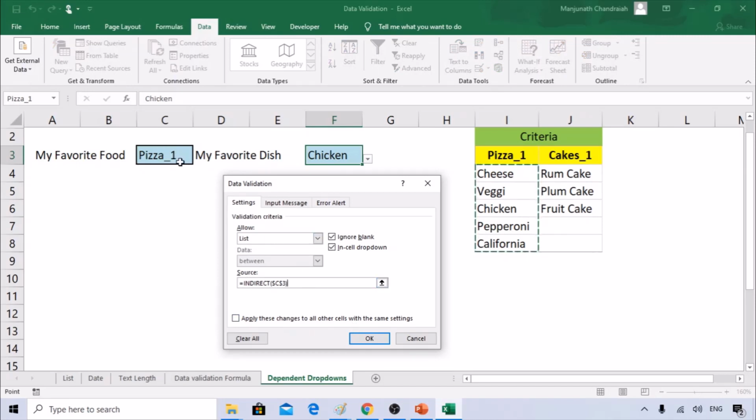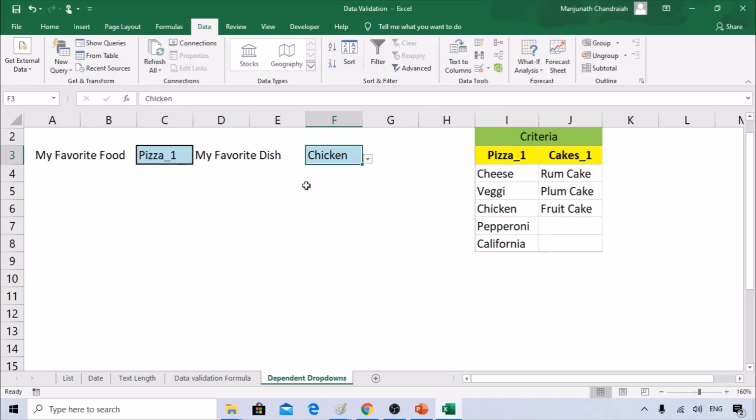We are linking this cell, and it works. You can select true or false and you'll get the options here. Very helpful and very useful when you create dashboards or anything, so they can set this criteria.